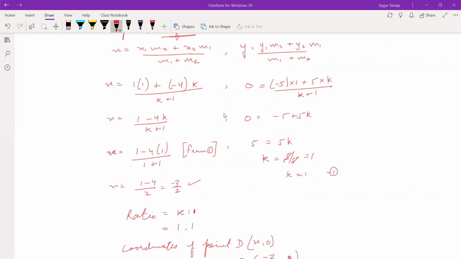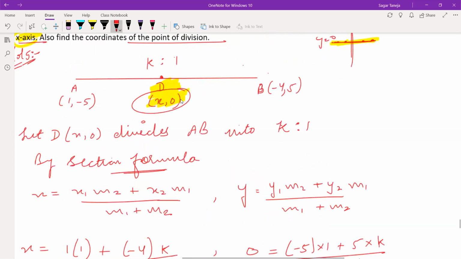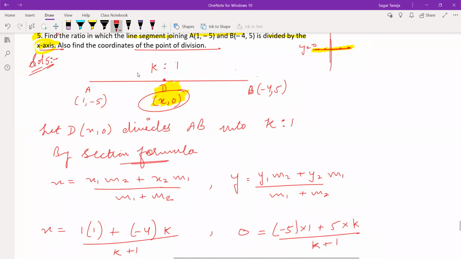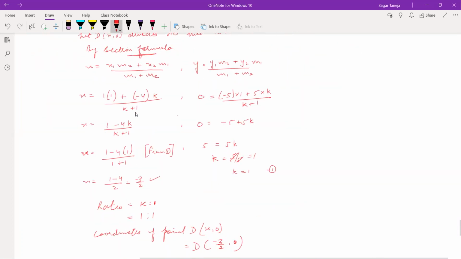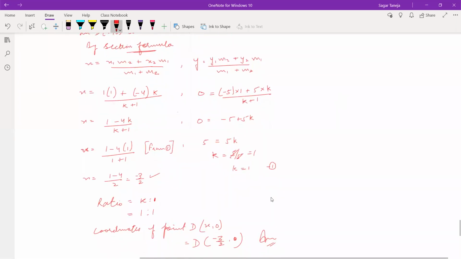If it is not clear, then see one more time, from the starting. First of all, note down the last steps. Where did k plus 1 go from here? k plus 1 multiplied by 0 is 0. How did 0 come here in place of y? Wait, I am explaining again. Just note it down once. I'll explain the full question again.